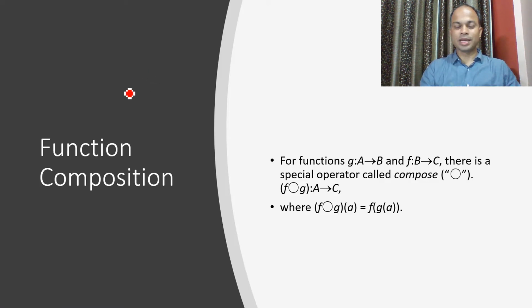If we talk about another important notation of the function, then this is called function composition. I mean here, say we have two functions, function g and function f. Function g maps from A to B, and function f maps from B to C. Then this particular symbol O is called function composition. I mean, we apply the function composition on f and g, and here we get A maps to C. This concept is called function composition.